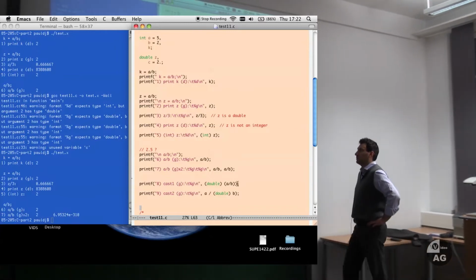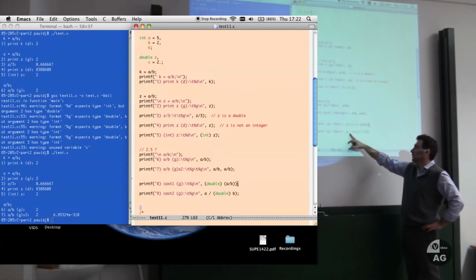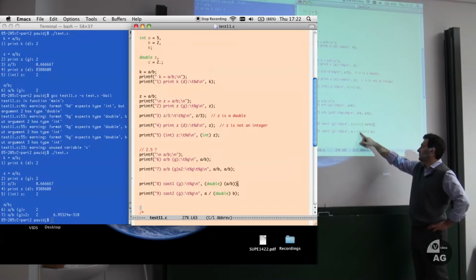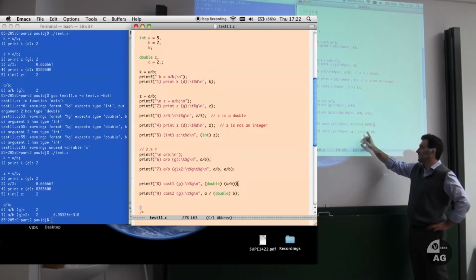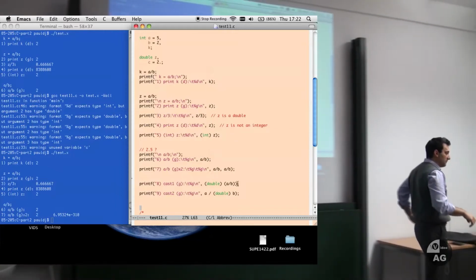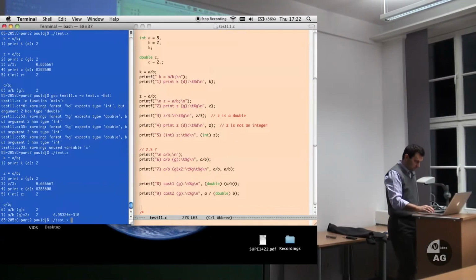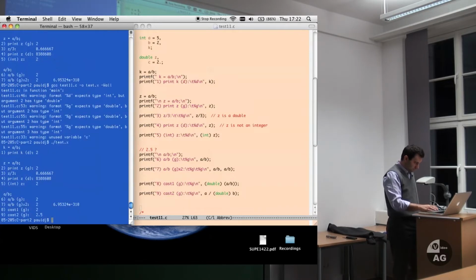Yes, the second is not an integer division anymore. A stays integer, double B is now a double. The division operator now recognizes that, so it turns into a double division, so this is a 2.5. Two and 2.5. Why